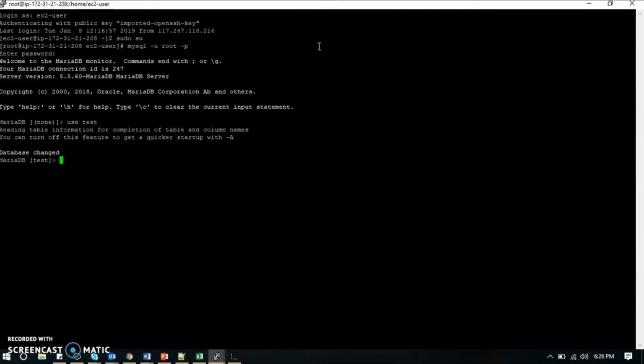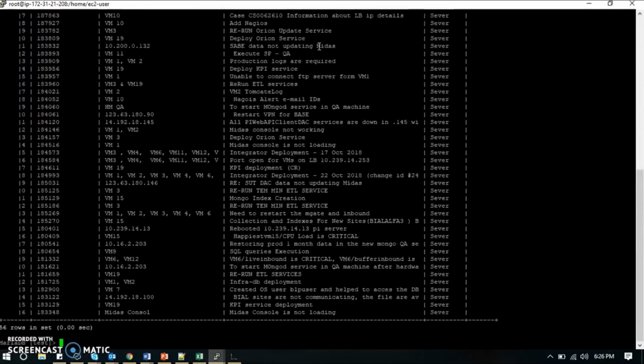I've changed it to the test database because I've created a database called test, and now I will show you the table in which I have loaded the data. So this is the data which I have loaded.